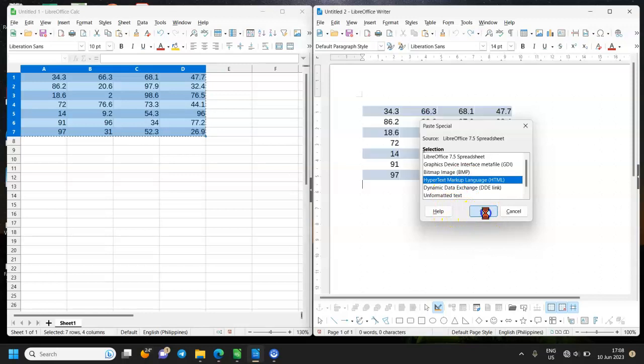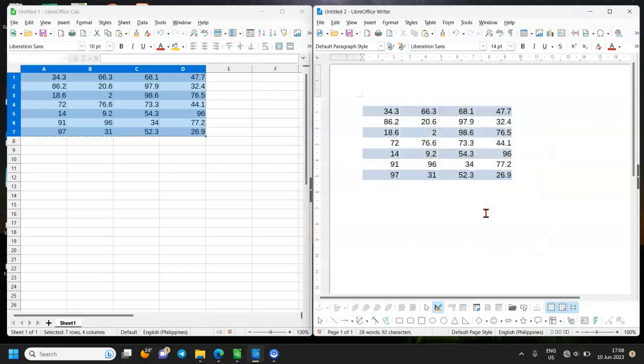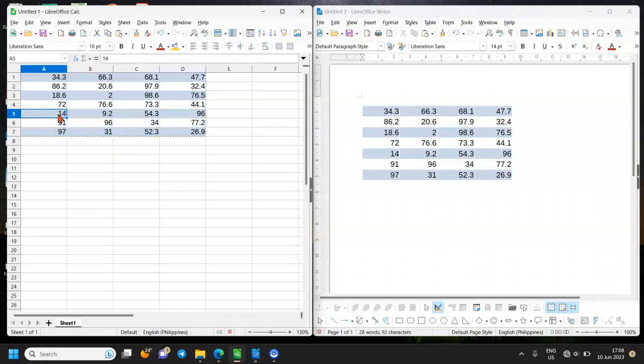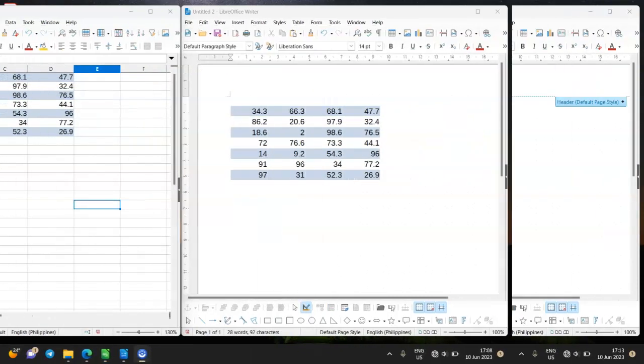We press OK, and we see that the table transferred together with the formatting. But if we change values in the table, like here, it still does not reflect on the Writer side.